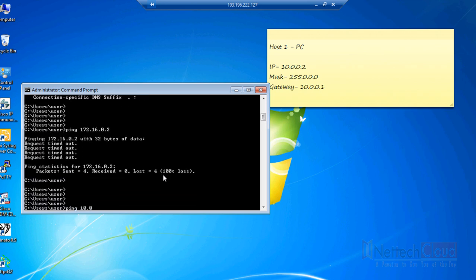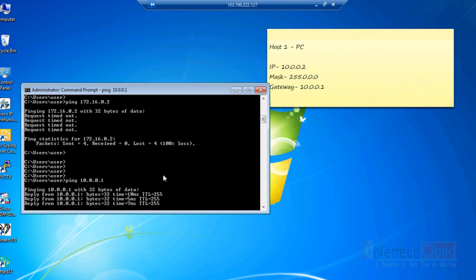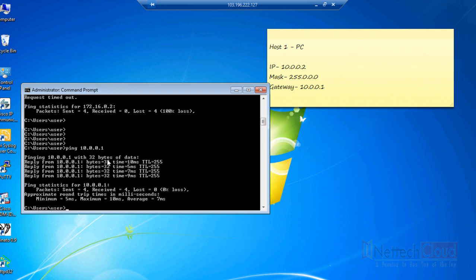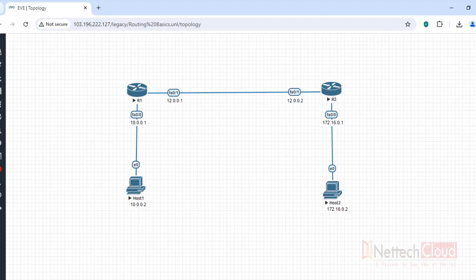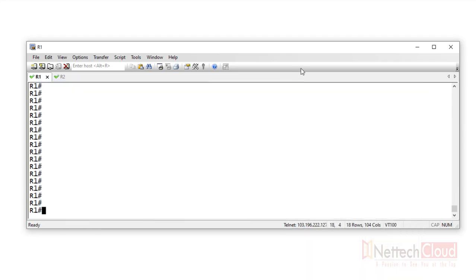So now I'm going to ping the gateway, that is 10.0.0.1, just to check the IP reachability between the host and the gateway device. So there is proper IP reachability, so I can ping R1, that is gateway 10.0.0.1, right? So there is IP reachability from here to here, so there is no issue at all. Okay, so the R1 console, here we have the R1 router,